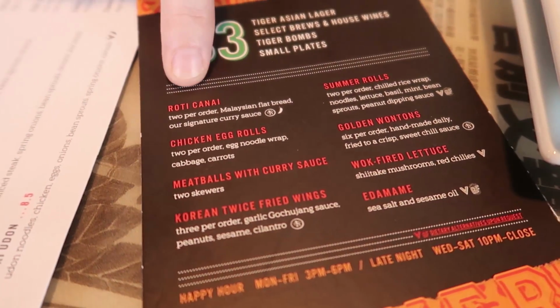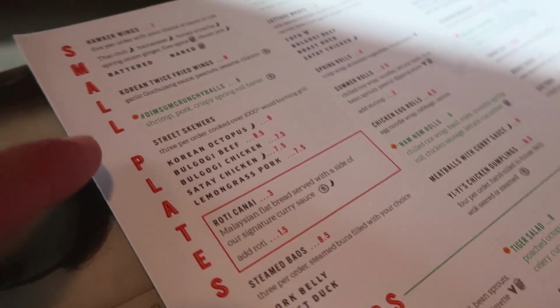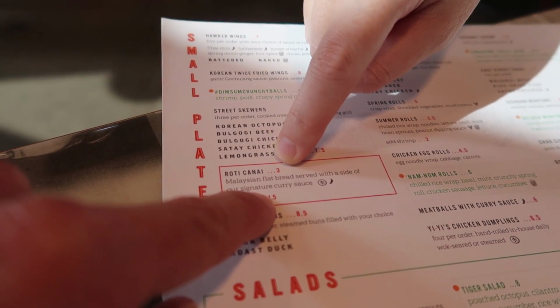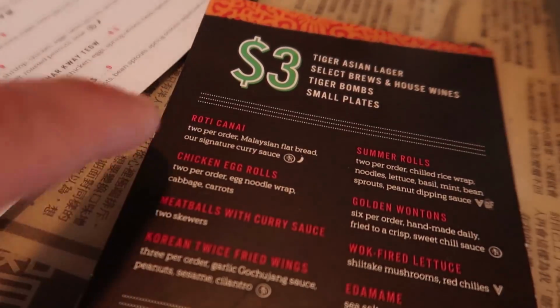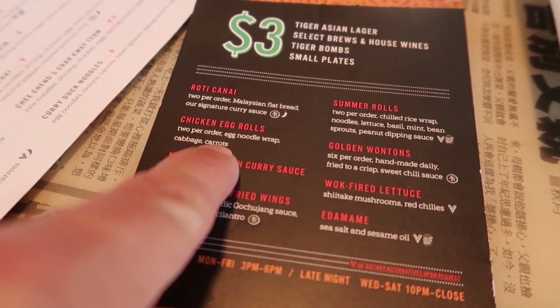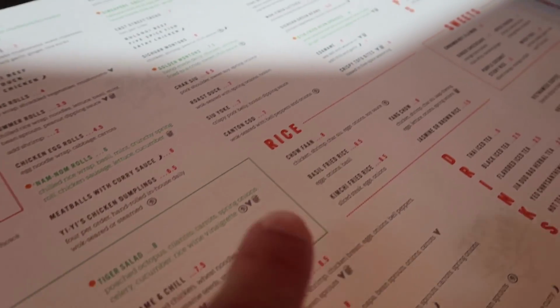So, we didn't realize it, but it's happy hour, and we got our roti for a little bit less expensive. How much is it normally? Well, it's $3 and you get 1 flatbread, but we like to get 4 flatbreads, so it ends up being very pricey. Gotcha. And then we also got the chicken egg rolls and the satay chicken skewers, they're so good. And